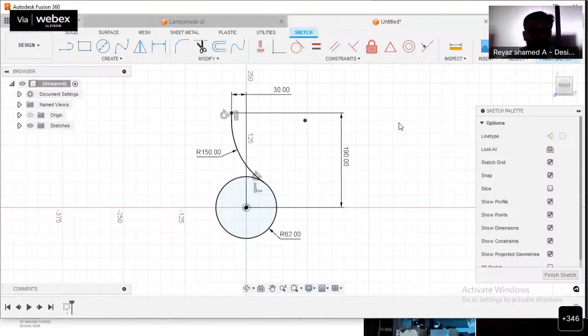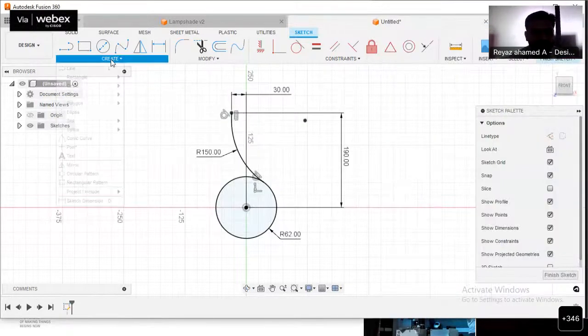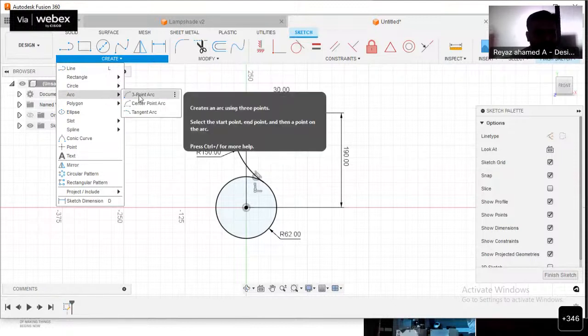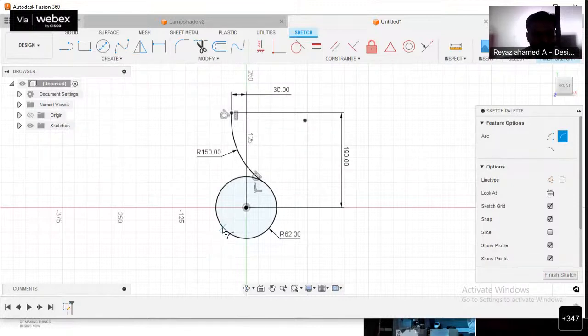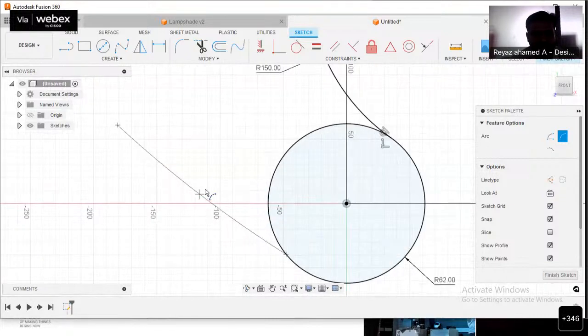That's it. Okay, go to the Alt tab, sketch. So we have to create one more arc over here. For the arc, let me go with the circle itself because that is more convenient for me. Or else we can go for the arc also. Okay, this time let me go with the arc itself. So go with the 3-point arc. Let me pick a point over here, and then the second point over here, and then the third point over here. See, while applying the third point, I'm just giving the constraint between the already existing circle and this arc,